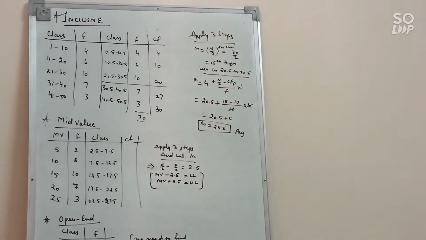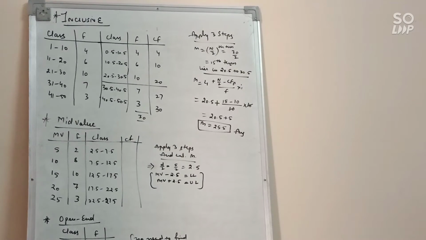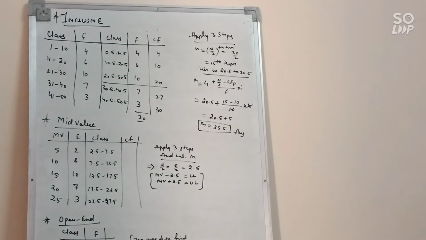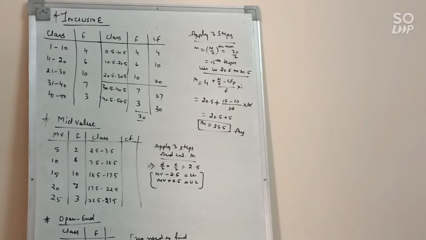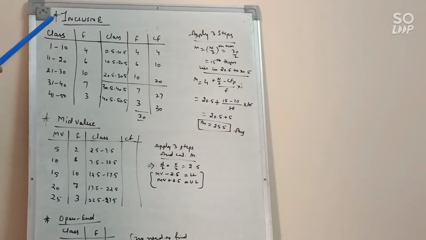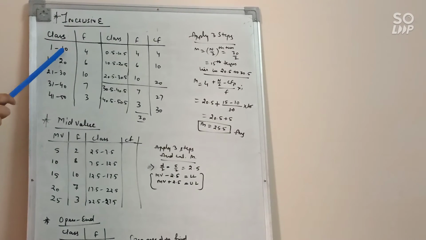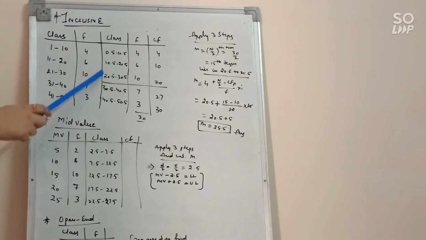Clear? So I will give you a question for practice. You will solve the questions, and we know that under continuous series we have some types like exclusive series, inclusive series, open and unequal, cumulative frequency. So let's do some types of continuous series. First is exclusive. The previous example which we have discussed is an example of exclusive series. Now second is inclusive series. Inclusive series is a series in which the upper limit is included in the class. So this is the example of inclusive series.